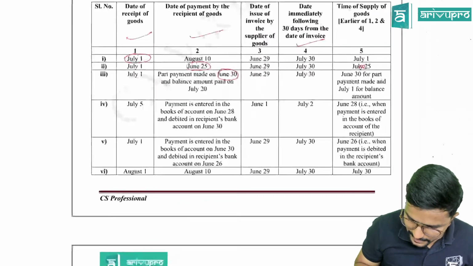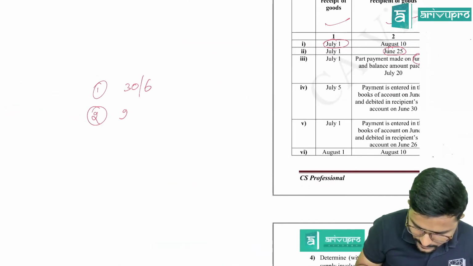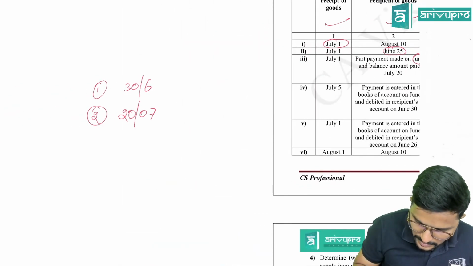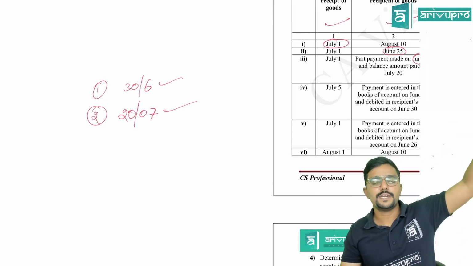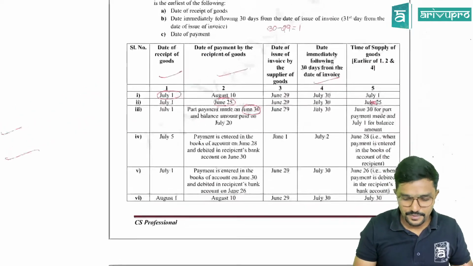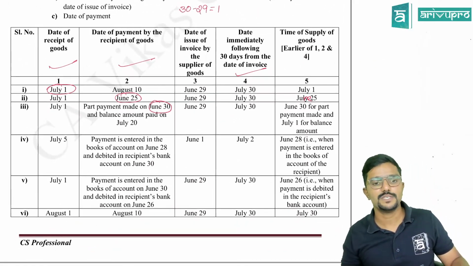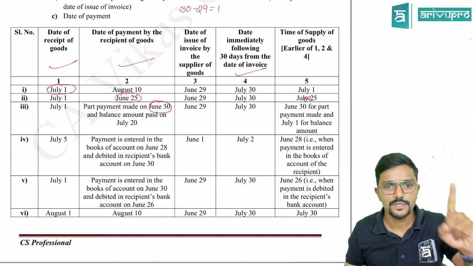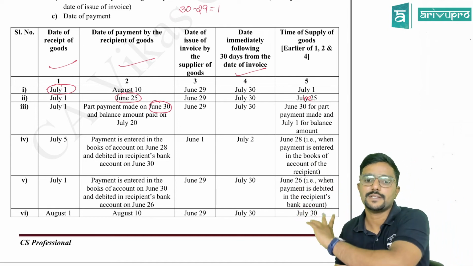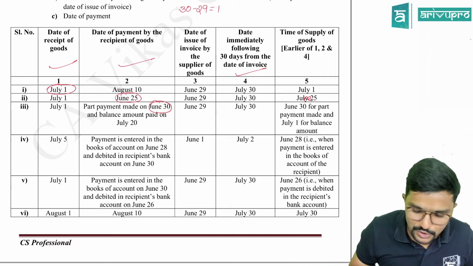For the second part, the payment date is 20th July. So compare both of these with date of receipt of goods and 31st day and see what the time of supply is. For the first transaction, time of supply would be June 30th, which is earlier of July 1st, June 30th or July 30th. For the balance payment, made on July 20th,